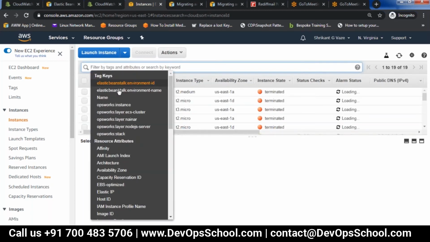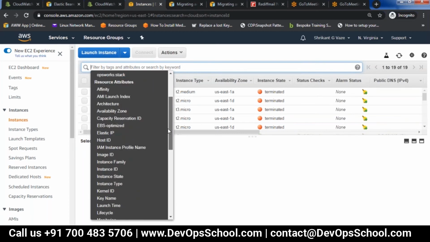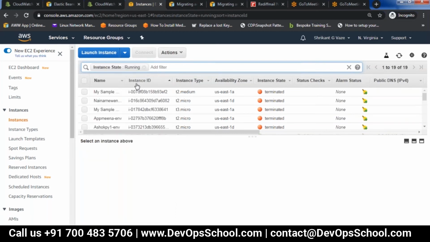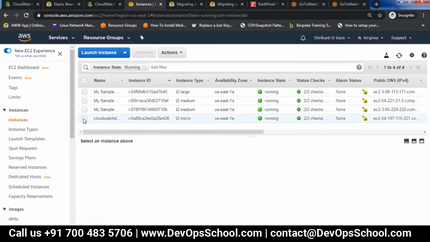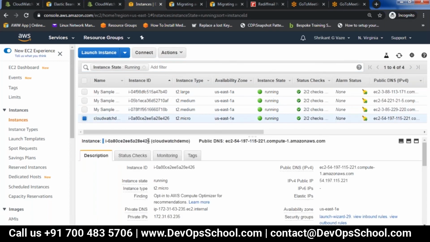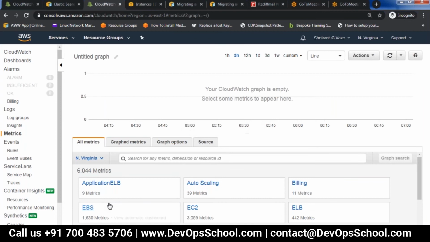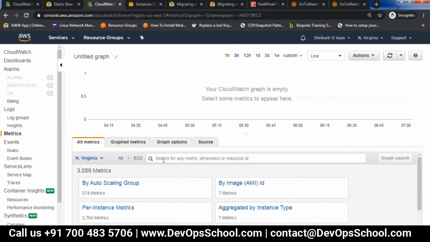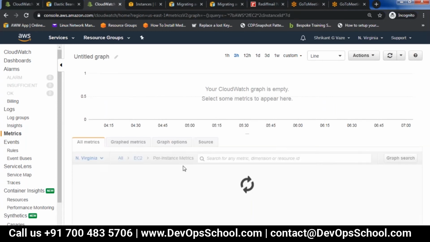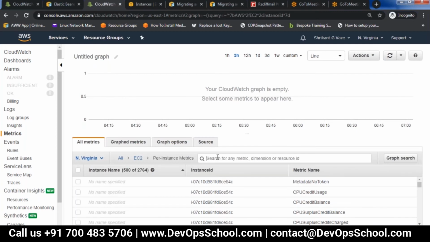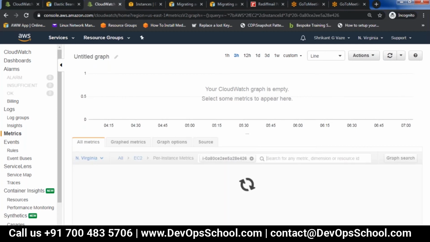Okay, so this is the CloudWatch demo. Now let me grab this ID and put it here. Metrics. It will take some time to populate.